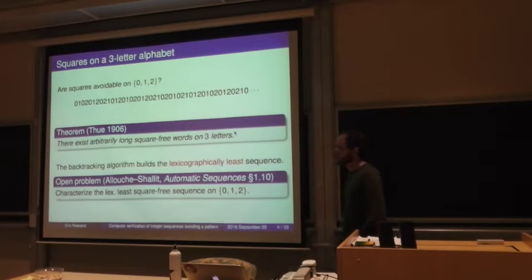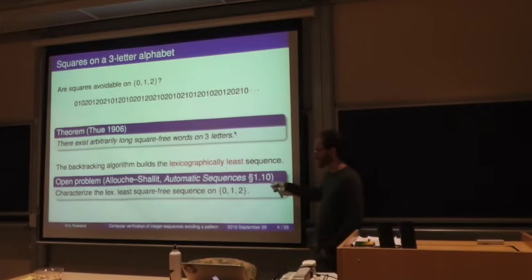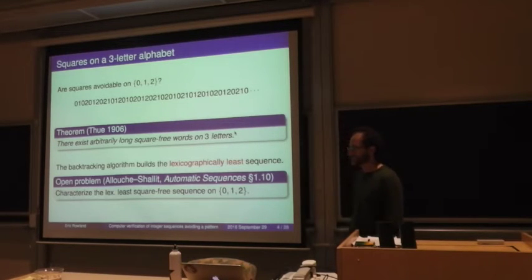Yeah. So look it up in the OEIS. I think we wouldn't find any other characterizations in the OEIS, but I could be wrong. So this book was published, I don't know, 10 or 15 years ago. So maybe someone has worked on this since then. But I think the structure of this word is still unknown. So on a finite alphabet, this happens a lot. If you're writing down the lexicographically least sequence that avoids a pattern, most of the time, in my experience, it's difficult, or at least no one knows what the structure of the sequence is.